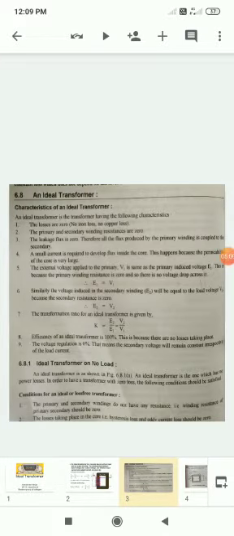So now we write the external voltage applied to the primary. V1 is the same as the primary induced E1. Whatever voltage you apply toward the primary coil will induce an EMF in the primary ends. Because the primary winding resistance is zero, there are no losses, and this is exactly equal.